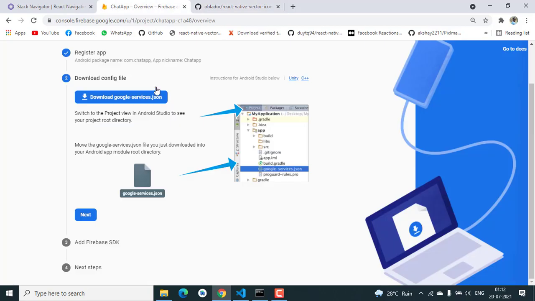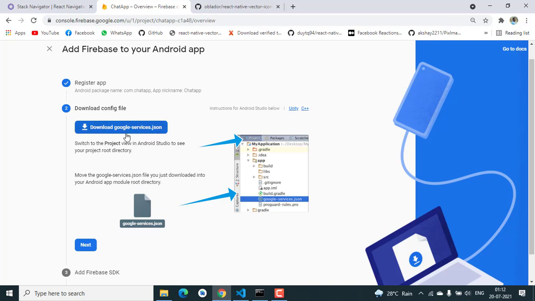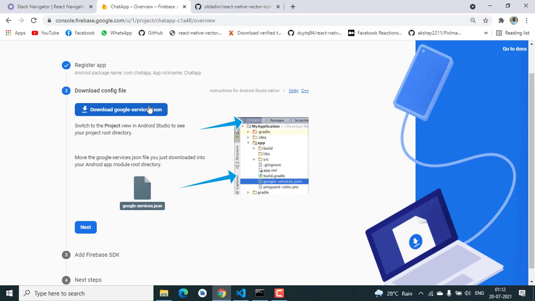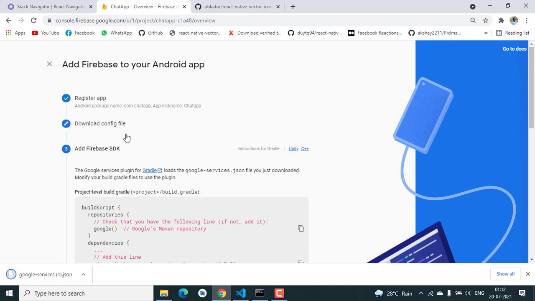And after you click on register, you're gonna go to the next thing. So you need to download google-services.json. You can download this now. You can also find this in your project settings. So you're gonna download it now. You can also download it after everything is done. So you need to click on next,